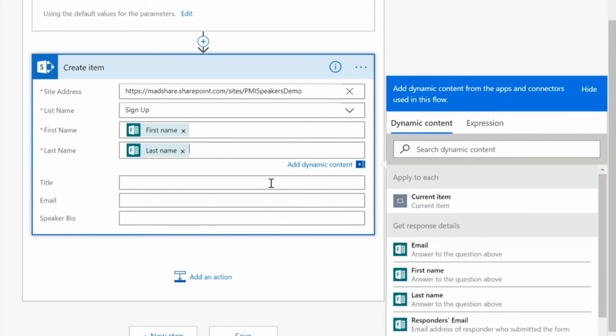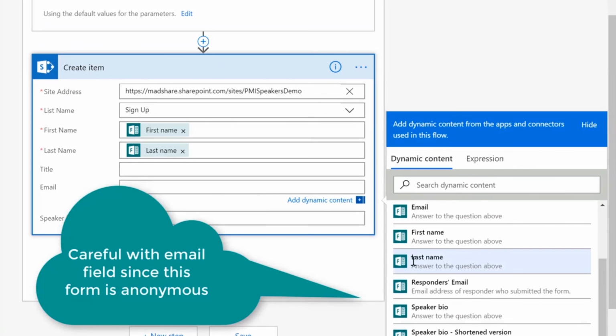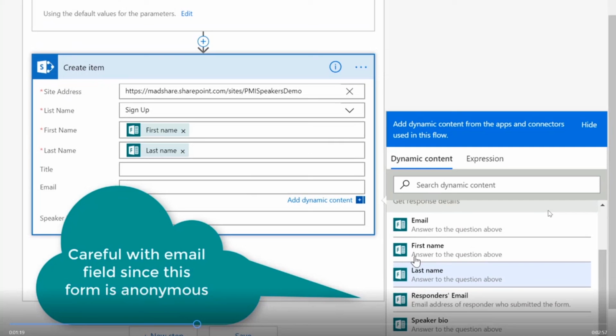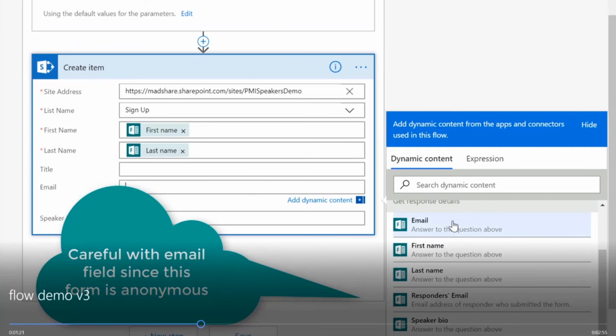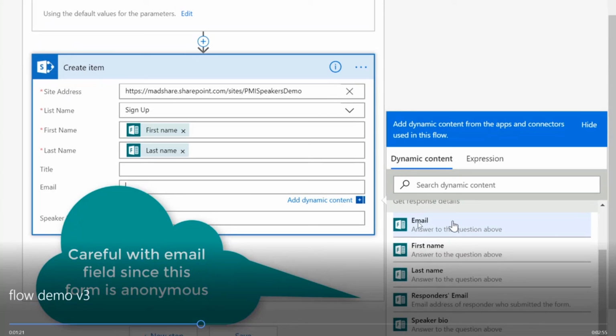So first name with first name, last name with last name, etc. You get the idea. So this is how it knows that you're matching the correct form response with what you want in your SharePoint list. Really quickly here, I make a note to be careful with the email that might be provided by Power Automate. Because in my form, I indicated email. That's what that refers to, but Power Automate also provides this responder's email, and that actually looks at